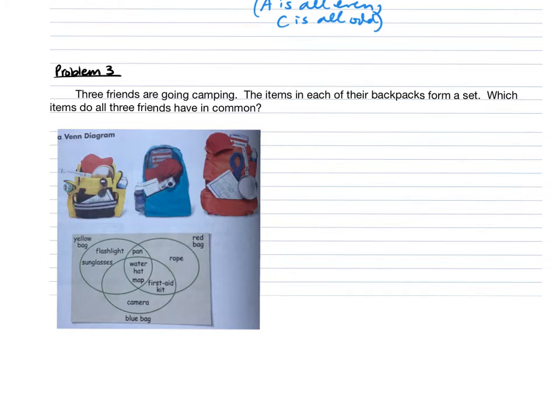I also included this Venn diagram from the book. They wanted us to draw this ourselves, but I just don't think it's very clear in the pictures what everything is in there. So a Venn diagram is something where, right, you have the universe of everything, and then this circle represents the yellow bag, this circle represents the red bag, and this represents the blue bag. And so you can see from the Venn diagram, easier than in the picture, that all 3 have a water,